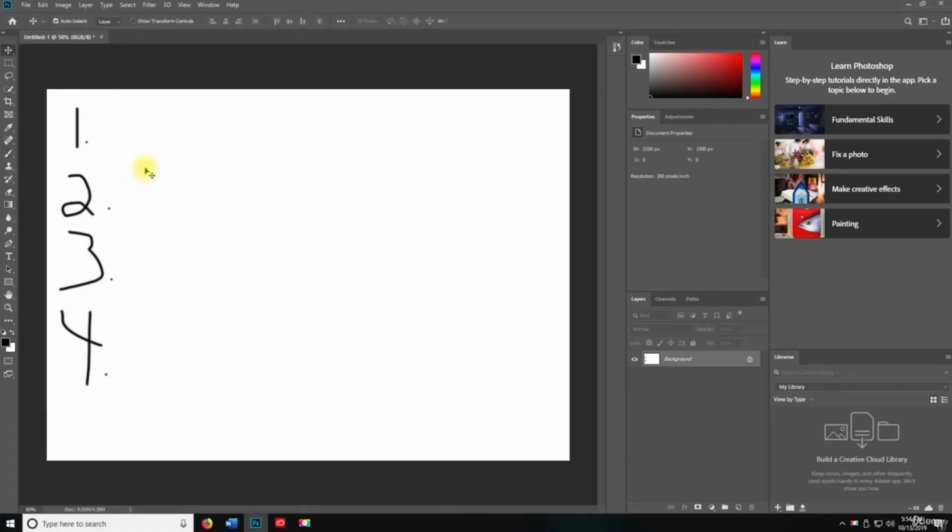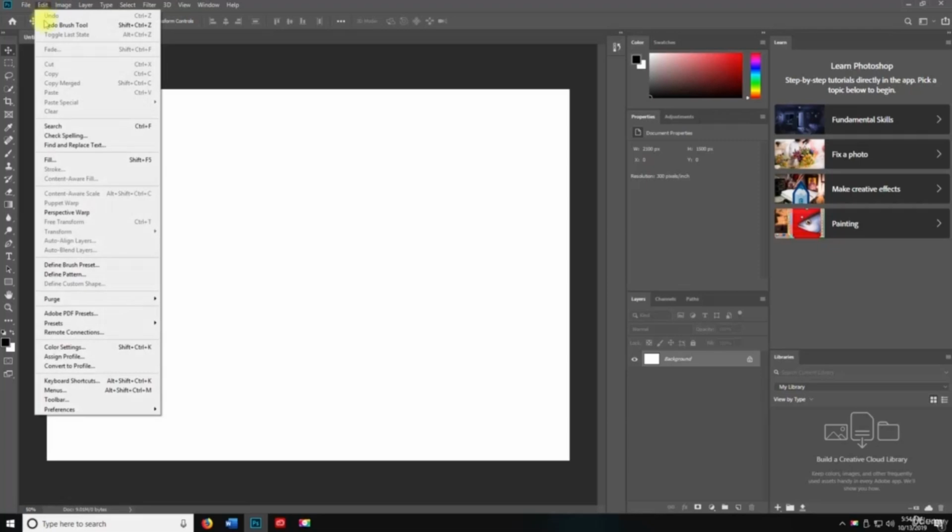Okay, so if I hit Control Z, it's going to get rid of the dot, and then it's going to get rid of the 4. However I draw it, if I hit Control Z again, it'll get rid of the dot, and get rid of the number 3. Control Z, get rid of the dot, get rid of the number 2. Control Z, get rid of the dot, get rid of the number 1. Now, if I want to redo that,